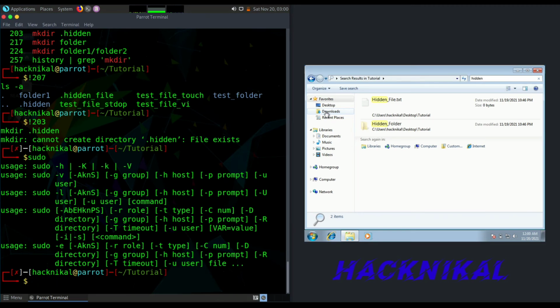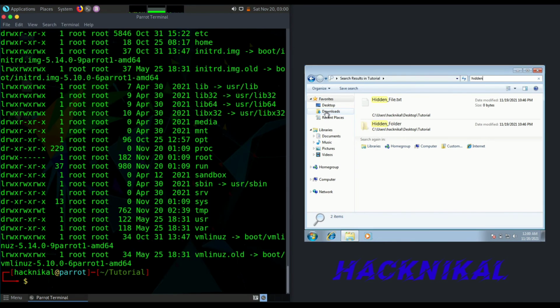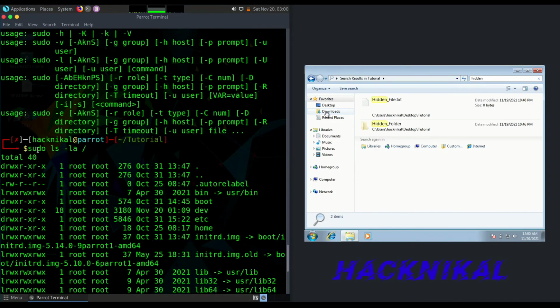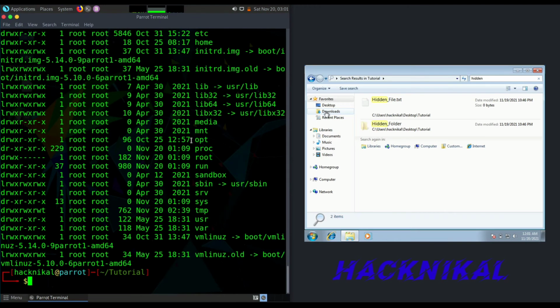Sudo is used like sudo and the command name, like ls -la. In this way, you can list out the directory contents inside the files or folders where you are not directly permitted to run.